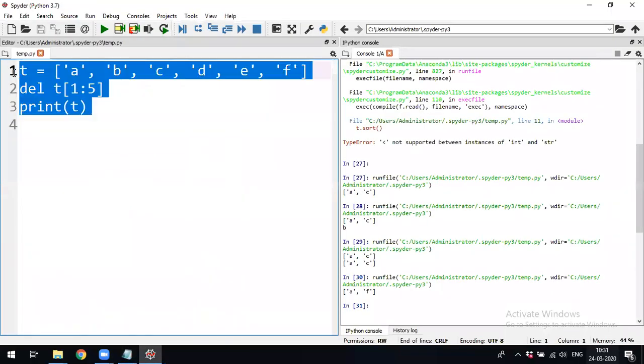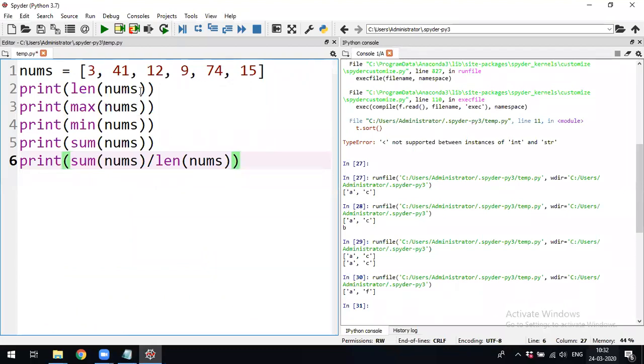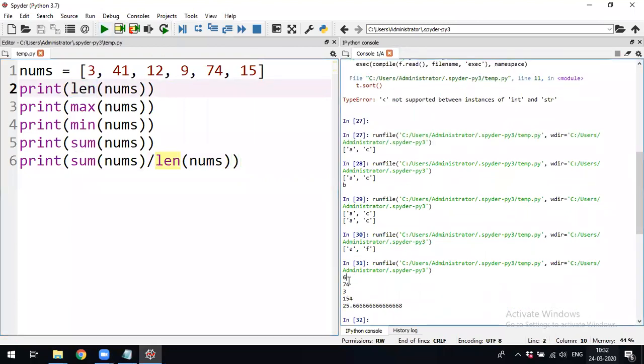You can perform all the functions you have seen. These things you have already seen, the inbuilt functions, the length operation. See, the number of elements is 6. The maximum element is 74, that is why max of nums is 74. Minimum is 3. Sum of nums adds all the elements, and it is 154.